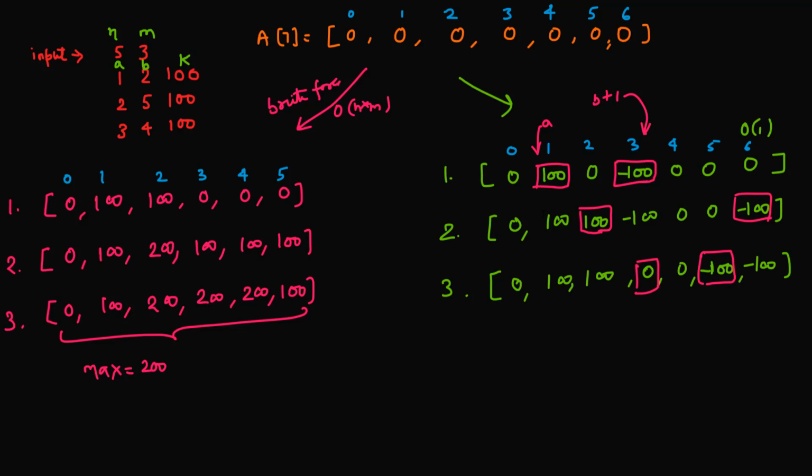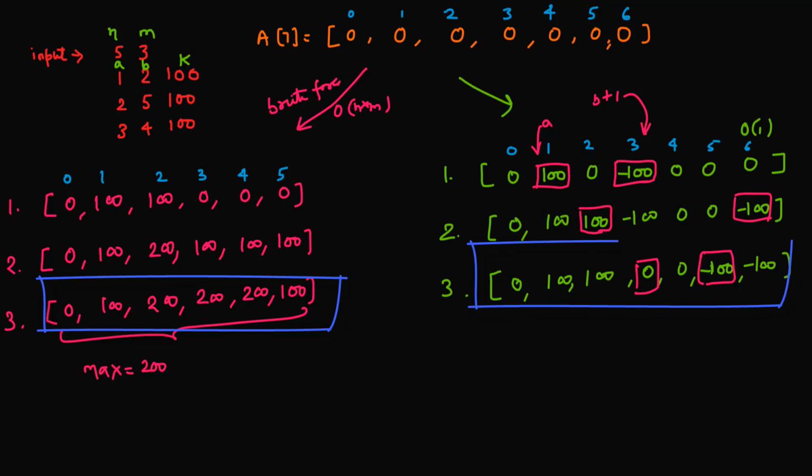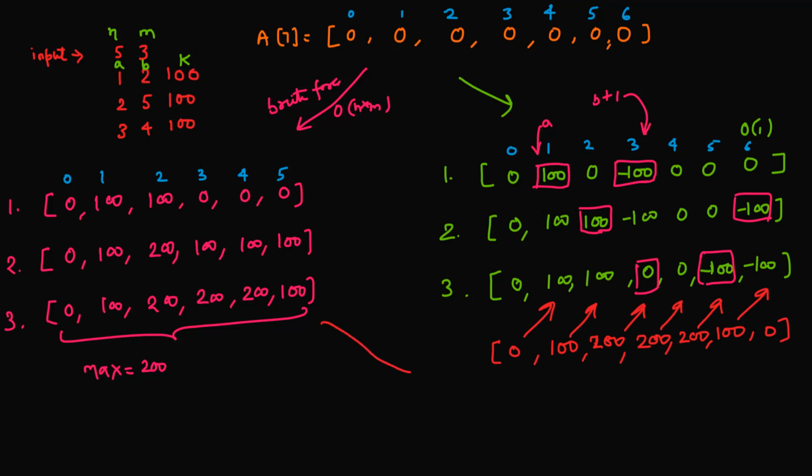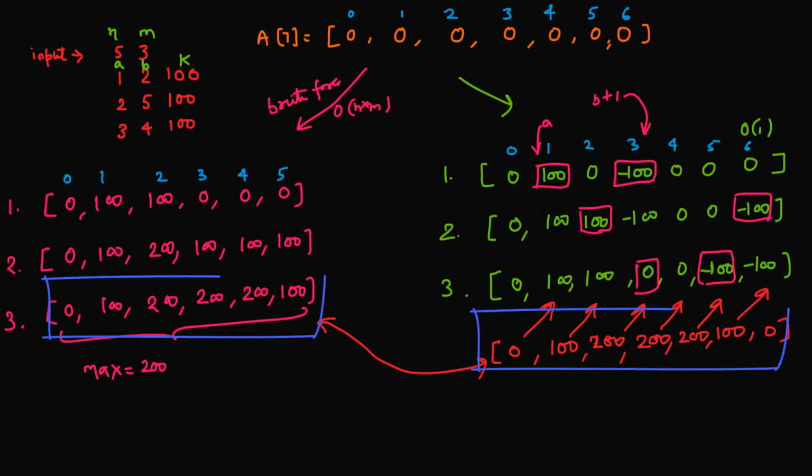Once the operations are finished, I am going to apply the prefix sum algorithm, because I want this final result. You can see there are differences. This result is totally different from this. So to get this final result, I am going to apply the prefix sum algorithm. Once you apply the prefix sum algorithm, now you see, guys, these two arrays. Don't you think both are the same? Right? We just have an extra element.